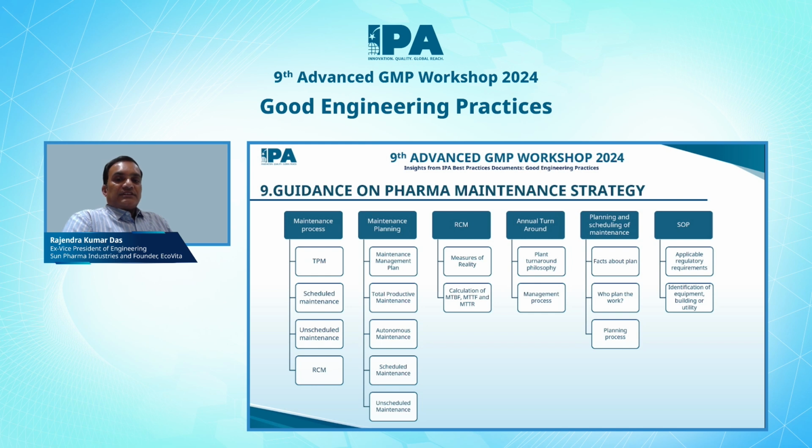The next comes is a very critical aspect of maintenance. So there are different types of maintenance, and how it needs to be planned and implemented in our typical pharma manufacturing environment being described in this document, starting from TPM, scheduled maintenance, unscheduled maintenance, then reliability centered maintenance, then how it needs to be planned, what are the different approaches being followed in industry